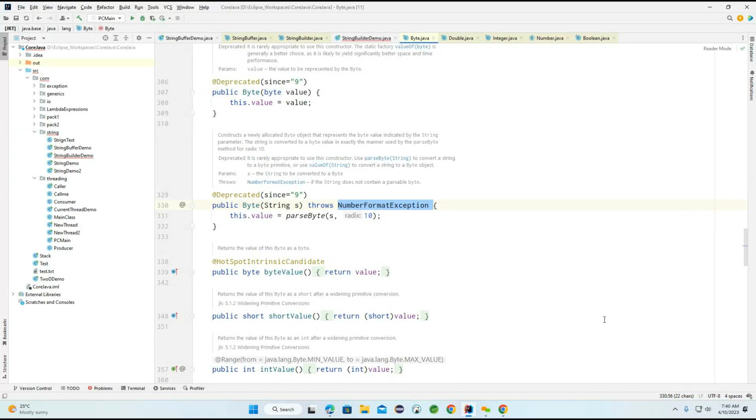Here we need to understand the minimum value and maximum value. So what is the range of this particular Byte class? Now what are the methods we are having? What is the main method basically? If you see byteValue, shortValue, intValue, from where is this byteValue coming? This is coming from the